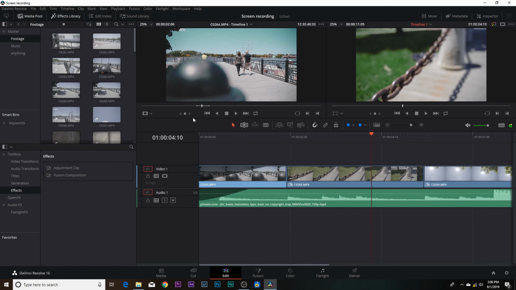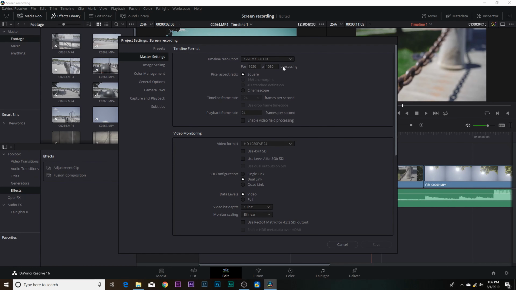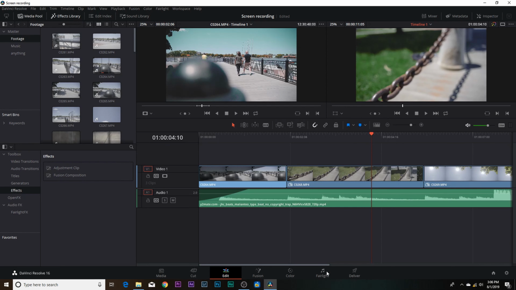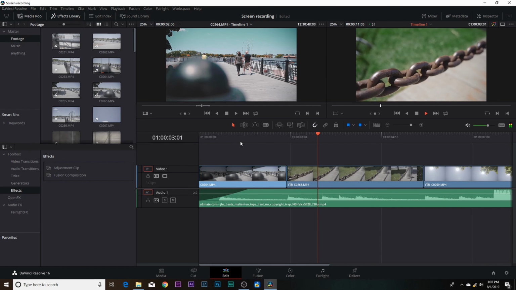So I mean, another thing that I will quick show you guys is if you want to set your timeline settings up, you're going to go to project settings, and it all is right here. So for me, it's 1920 by 1080. I have my playback frame rate is going to be 24 frames per second, and video format 1080p 24 frames, and that's really all you need to know. I got it on 10-bit bilinear, and you just save that. So now your timeline settings will always be 24 frames per second, and that's really it. So there's our finished